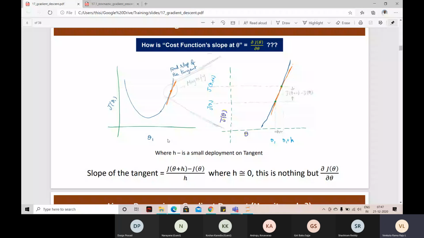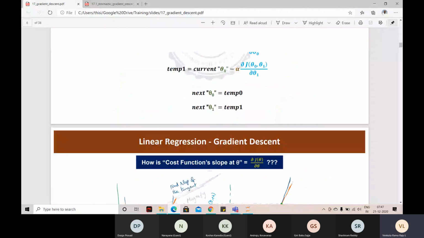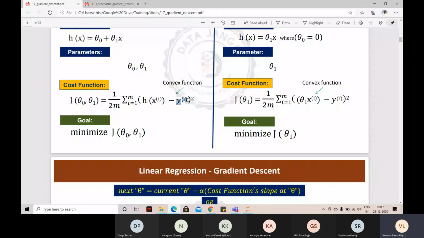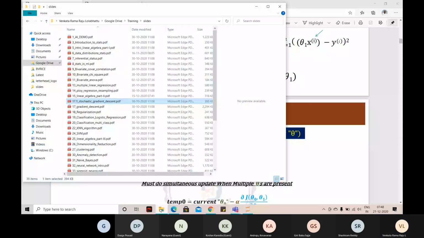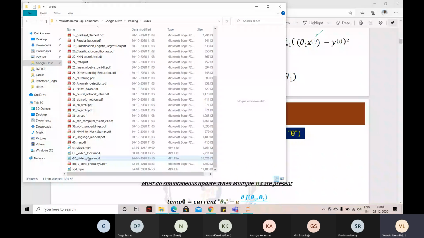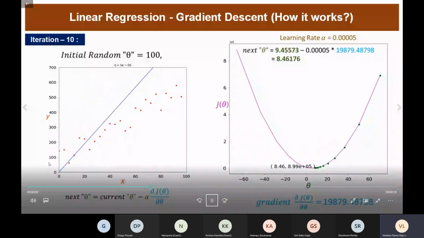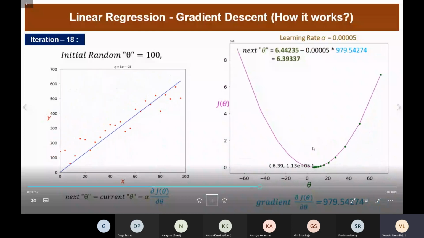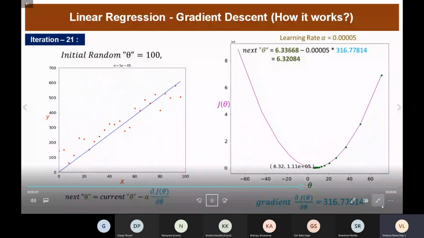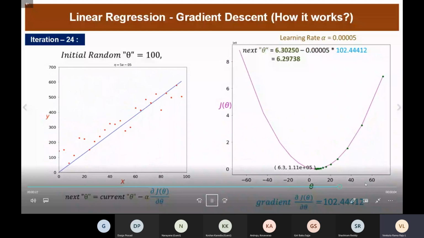Basically, we cannot tweak x, we cannot tweak y. We can tweak only theta, and we need to observe the cost. In very layman's terminology, if I tweak theta, the cost is changing. I am tweaking theta in such a way, or drawing the line in such a way, that the cost is reducing step by step. Okay. With each iteration, the cost is reducing. That's how I am planning to find the best thetas.